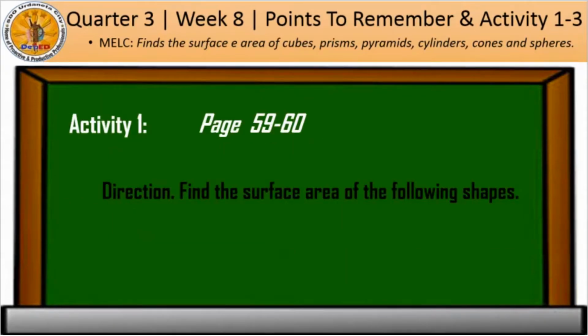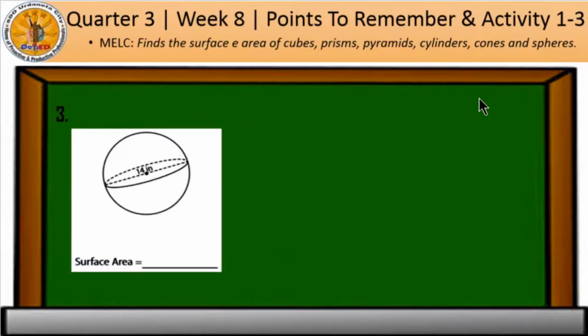Activity 1 is on page 59 to 60. The direction is to find the surface area of the following shapes. Let us try to answer number 3 in activity 1. The given shape is